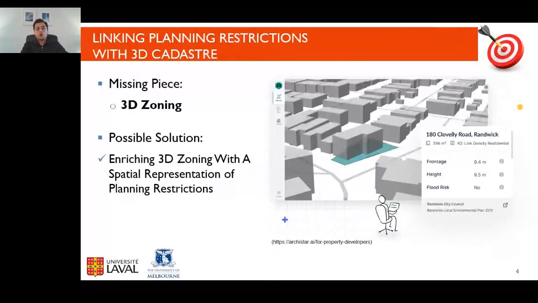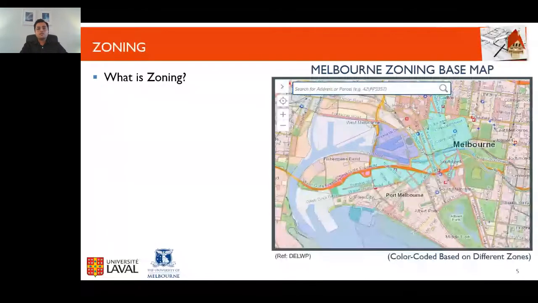Now it's good to know about zoning. What is zoning? In urban planning, zoning is a regulatory mechanism that divides land parcels into areas called zones, in which a set of restrictions controls uses and developments on land. The main purpose is orderly urban growth and development. Generally, it includes a color-coded system in which clicking on a city zone will bring up general information about that zone.